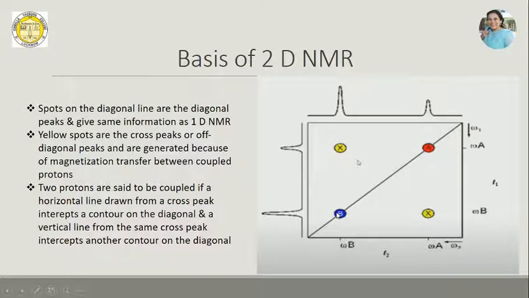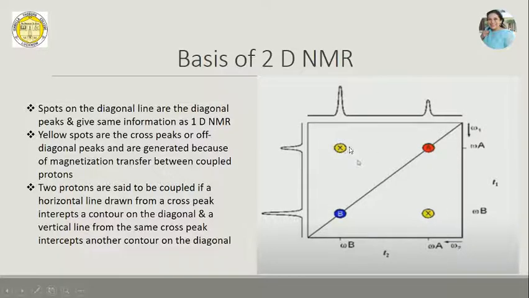What are important are the off-diagonal resonances, also referred to as the cross peaks, the yellow peaks which are designated by a cross. These are the peaks which have developed because of cross polarization or magnetization transfer from A to B. Now you can see omega A on this axis is related to omega B on the other axis. Here, this is omega A, this is omega B, and it is going to omega A here. So these are the peaks which are obtained by the magnetization transfer.